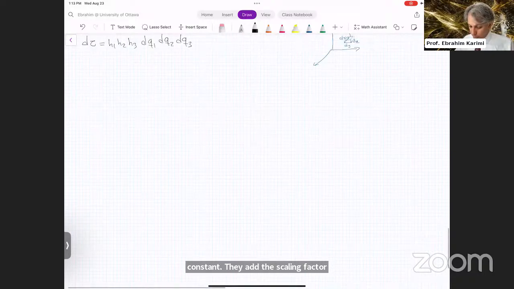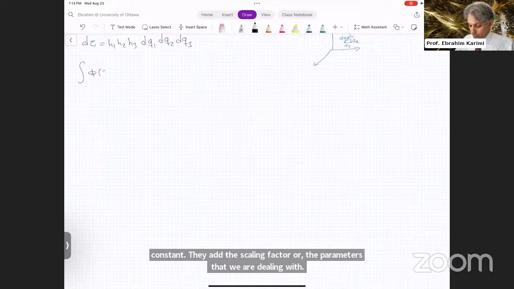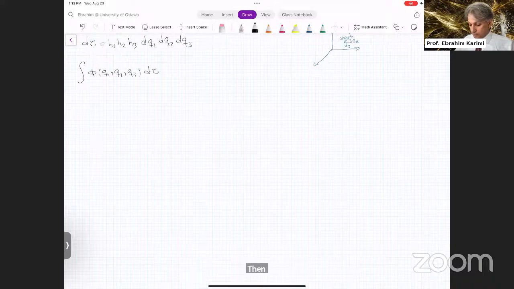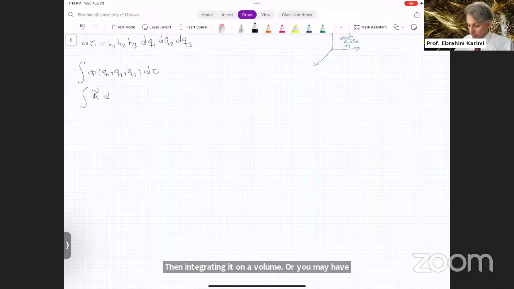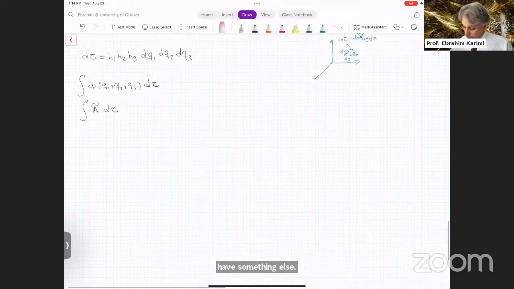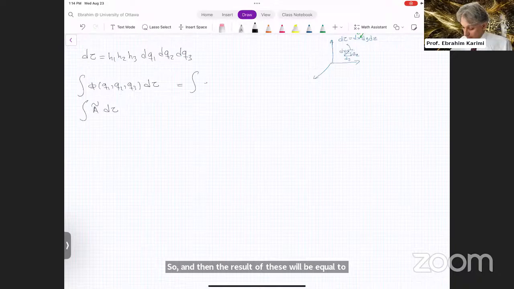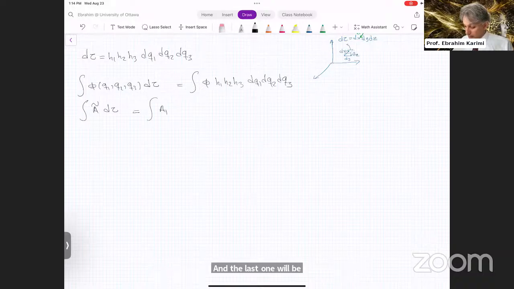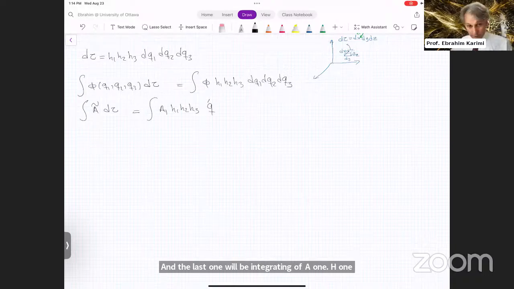They are the scaling factors, the parameters that we are dealing with. So how many integrals do we have? We have the integral of phi of q1, q2, and q3 over a volume, or you may have a vector integrated over a volume. That's it. You don't have anything else. The result of the first will be the integral of phi h1, h2, h3, dq1, dq2, dq3. And the last one will be the integral of a1, h1, h2, h3, q hat 1,